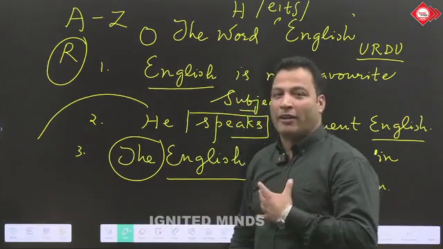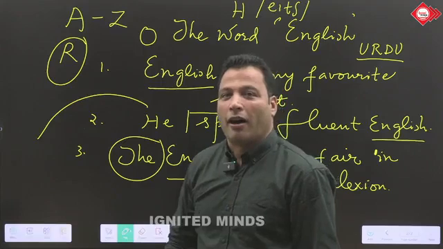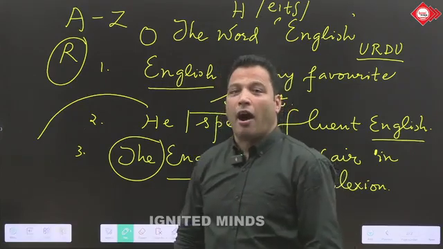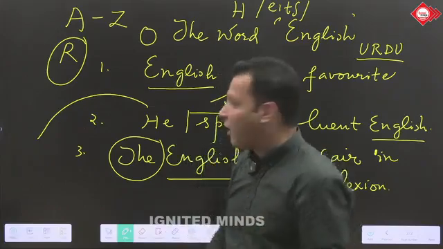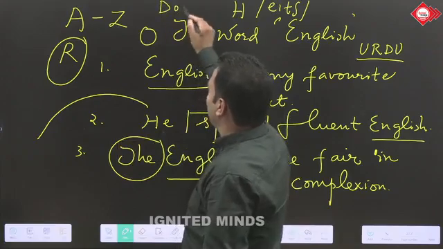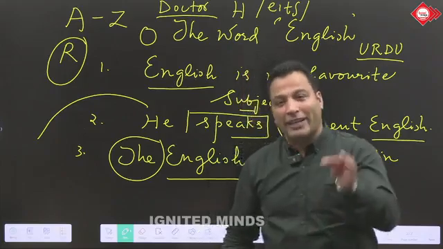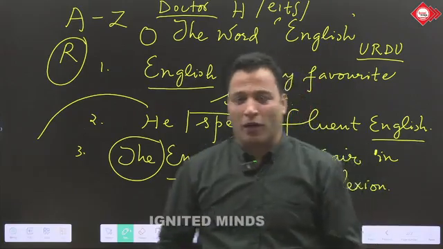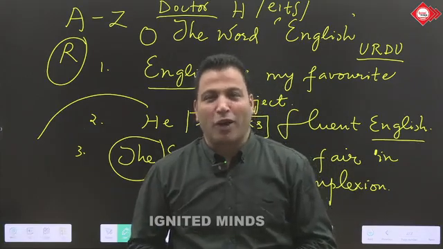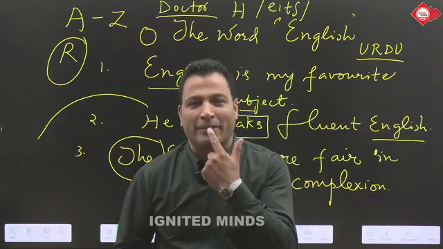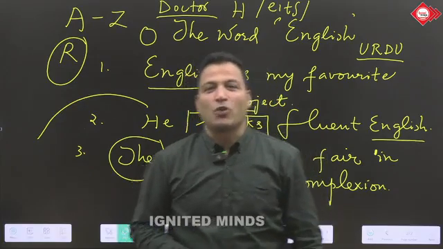Suppose if I'm an American, I would read it like R, R, R, R. But if I'm a Britisher, I read it as "ah". And the same happens with those words which end with R. Suppose we have DOCTOR. If I'm a British English speaker, I would read it like this: doctor. I want to see a doctor. Have a look at my lips. They are spherical. Doctor, doctor, doctor.